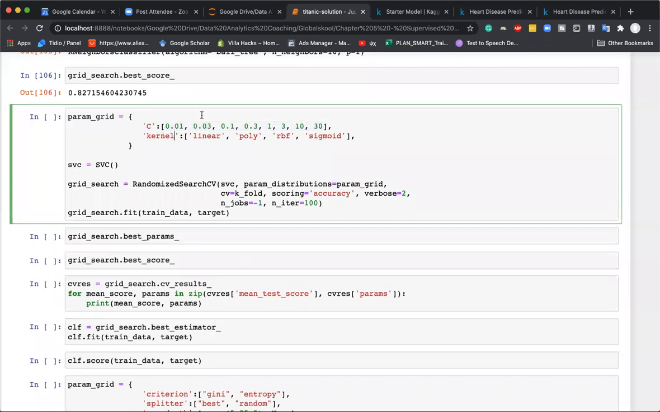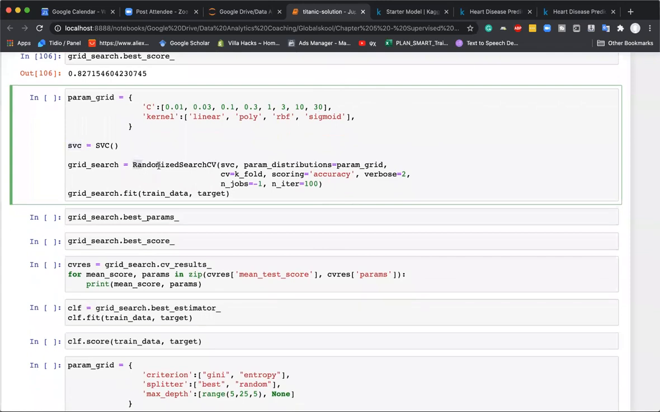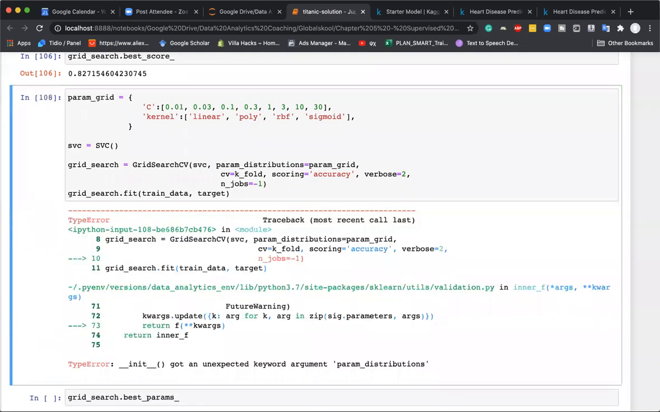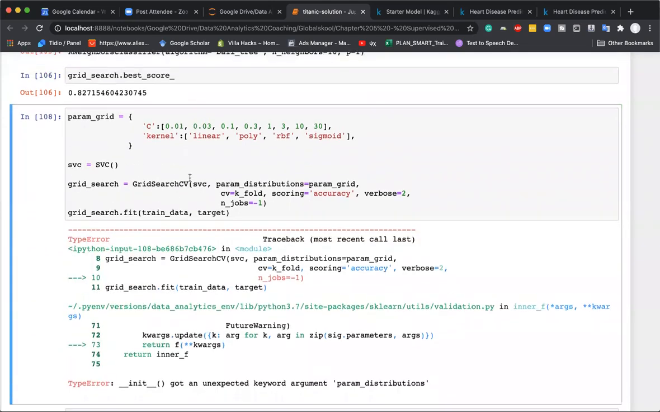For kernel, I take all the options possible, that is linear, polynomial, RBF, and sigmoid. And everything else in this code remains the same. We take SVC, take a copy of that. Let me first change to GridSearchCV, and I'll remove this parameter. So we'll try with GridSearchCV, and now when I execute this,